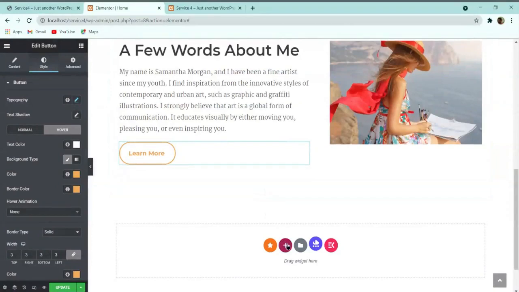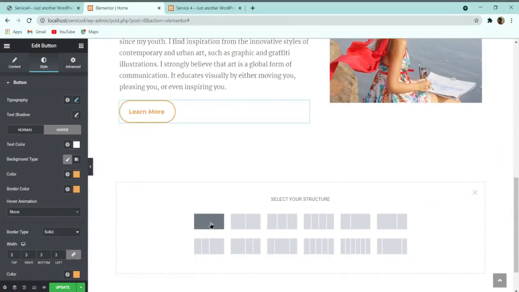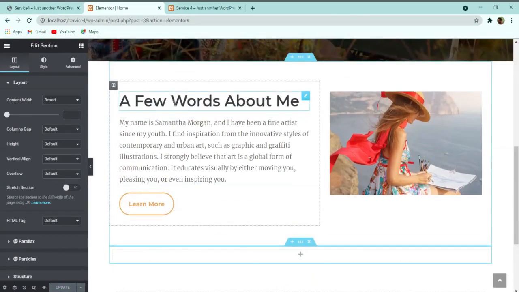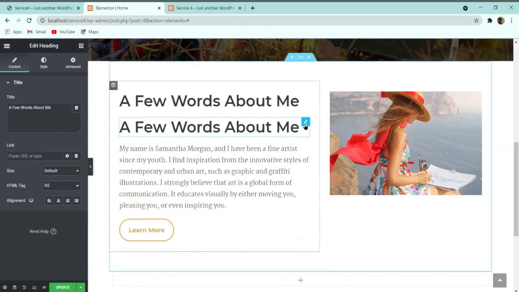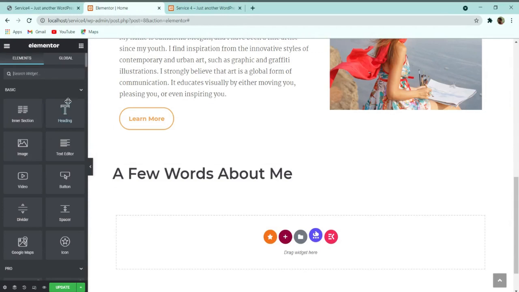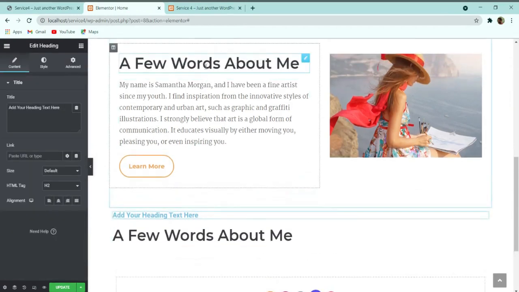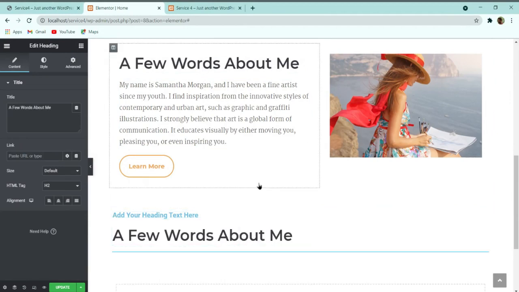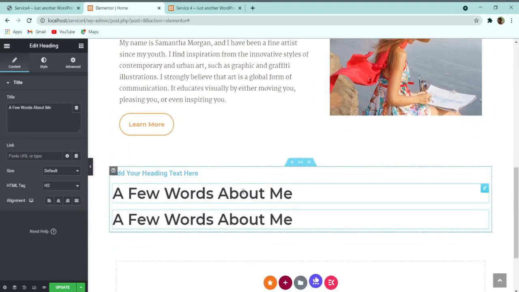Here, in this section we have to again click on this plus icon, and we have to add a single section. So here you can see that I have added a single section, and then let me click on update. And here what I will do, either you can duplicate this heading from there and simply drag it, or go to this nine-dot icon and simply drag a heading, or you can right click on it and click copy, and then right click here and paste. So there are three methods which you can use to do this.